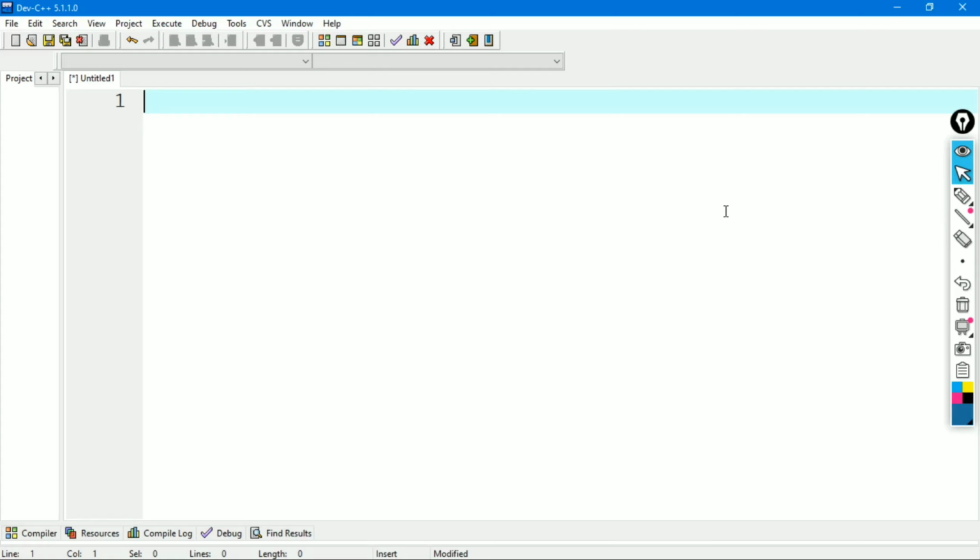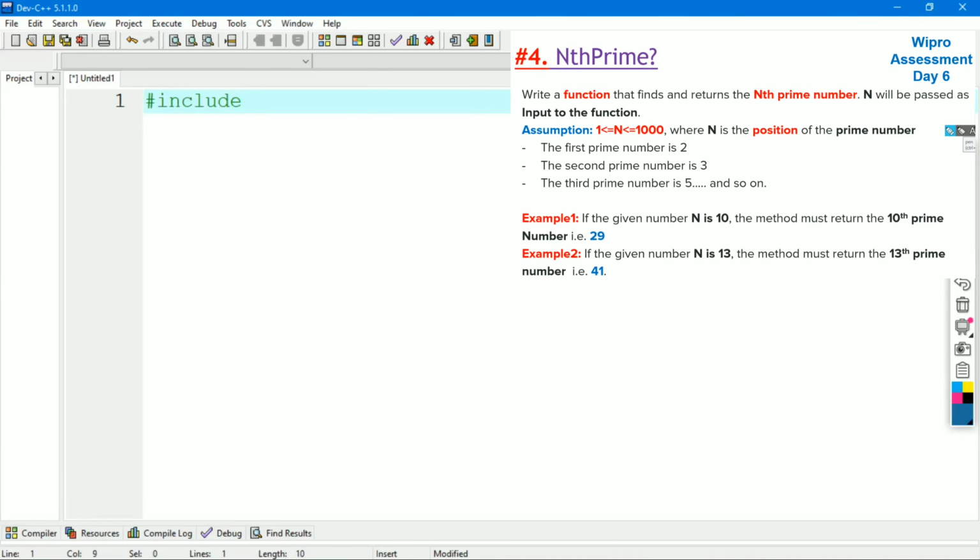Here first we have to include the header file, that is hash include stdio.h. After that we will declare the function.